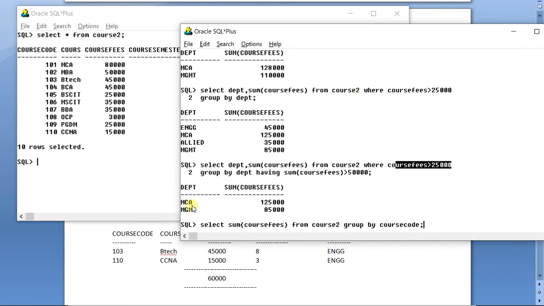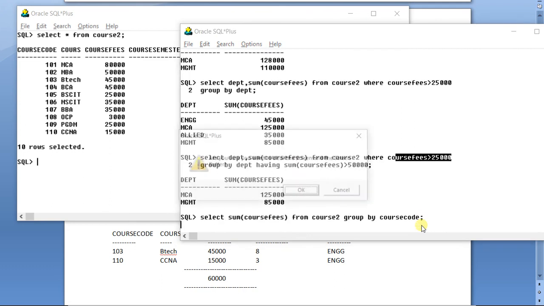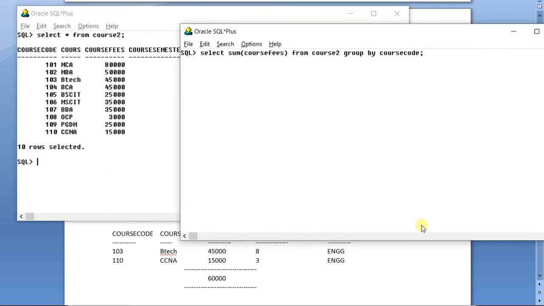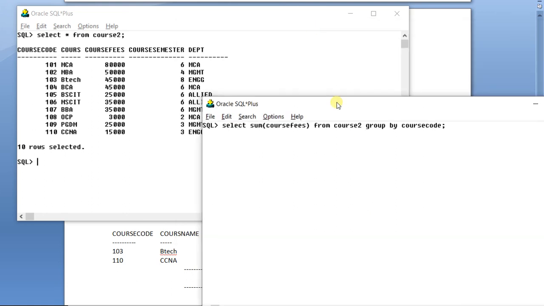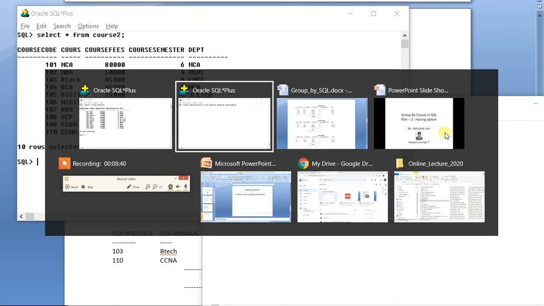Let us type it on a clear screen. Now guess the answer. How many answers will be displayed? Take a while and try to answer.